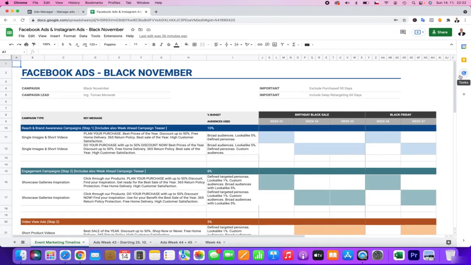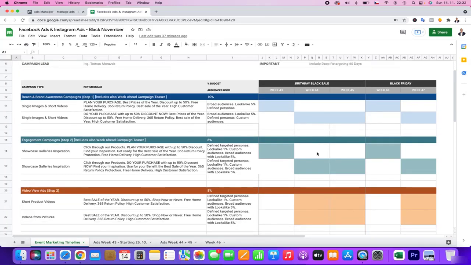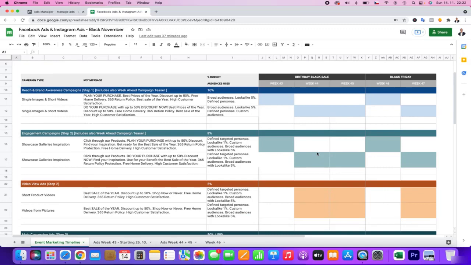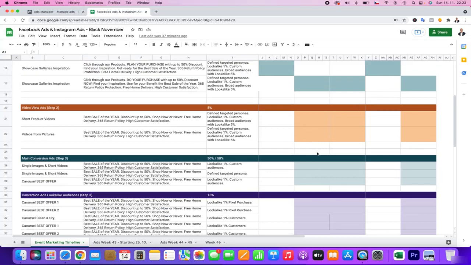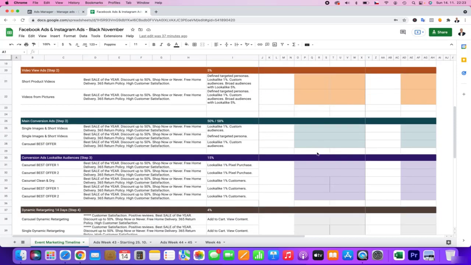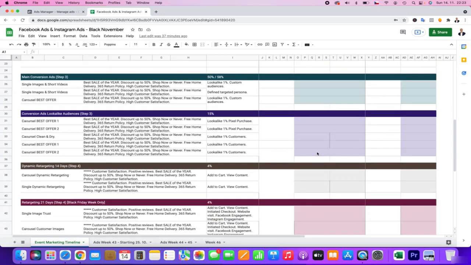So let's summarize it. We did start with a reach, then we of course continued with the complete customer journey. It was of course also engagement, some decent video views, and then of course many conversion ads, and also dynamic retargeting and deep retargeting.